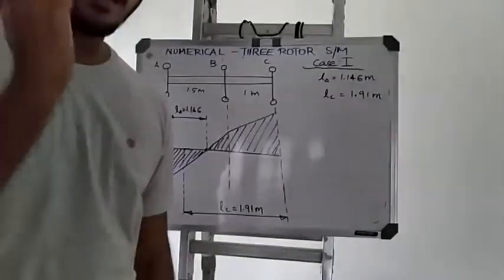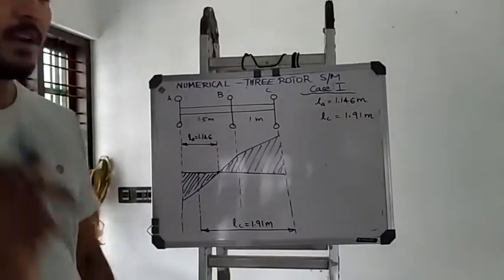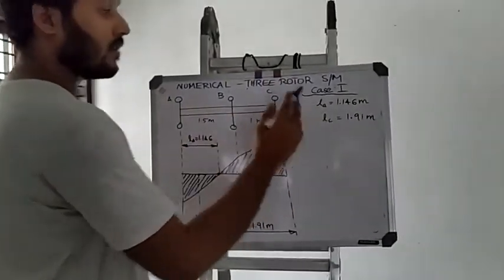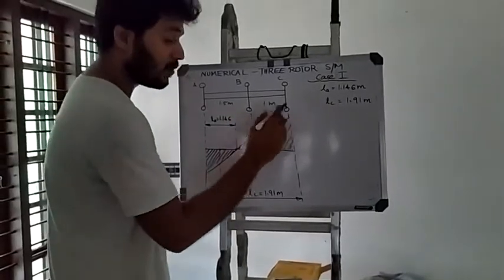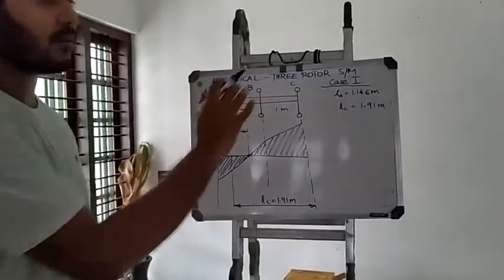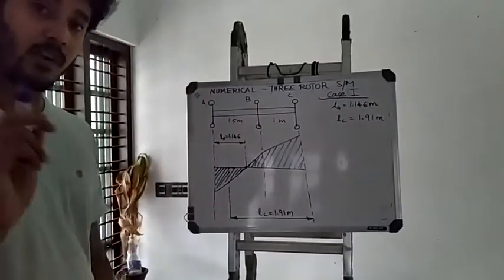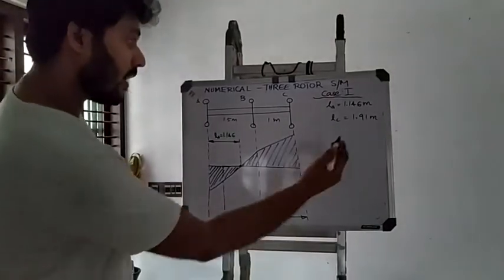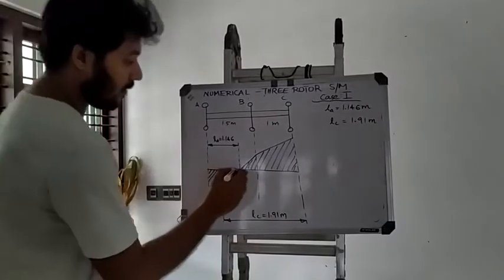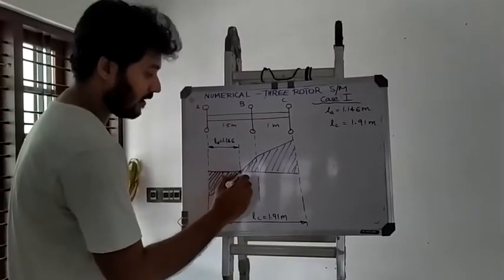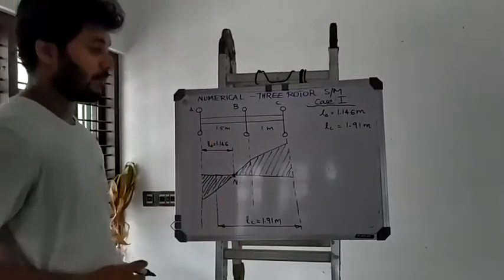See, if you have to clearly understand this one, go through my video in which I am detailing the 3 rotor system. It is clearly mentioned how we have to draw the nodal figures according to the placement of the rotors. You have to go through that video once again. So according to the values obtained here, the nodal figure will be coming like this. So the actual node which is occurring is present at this point.